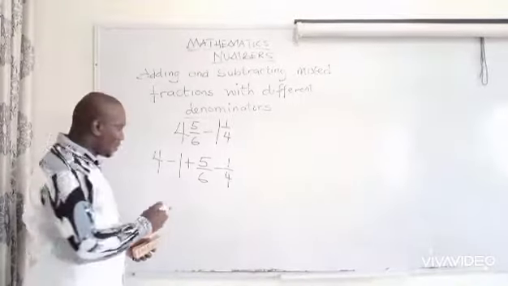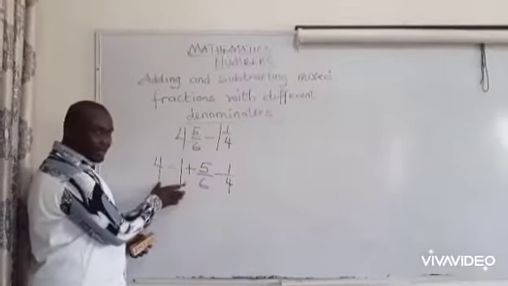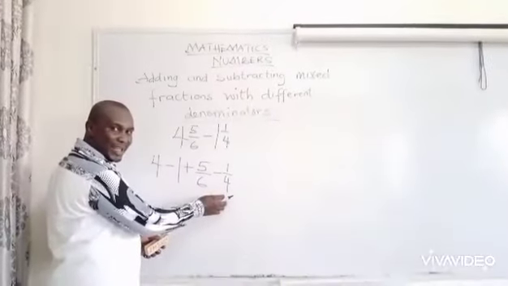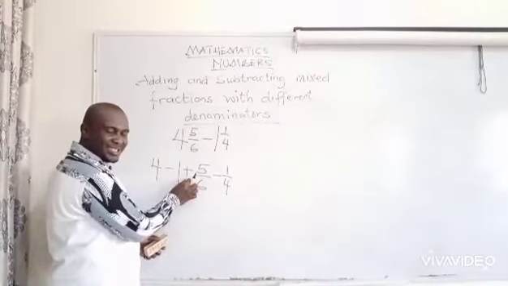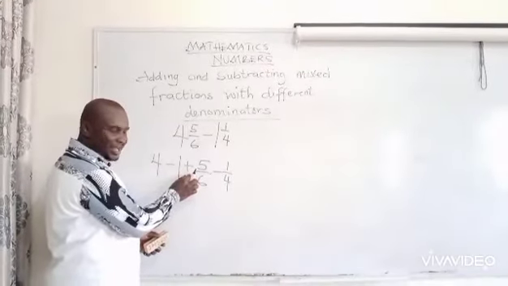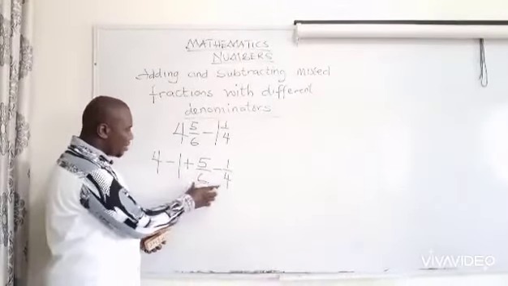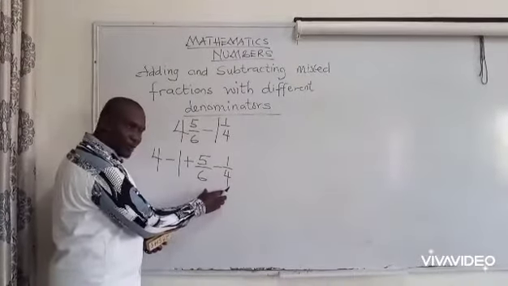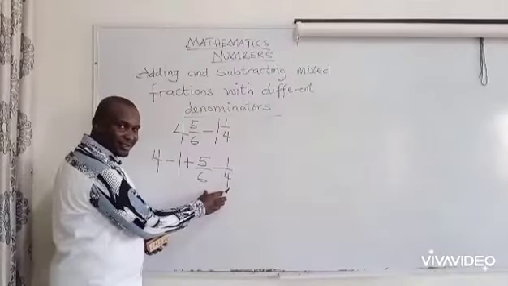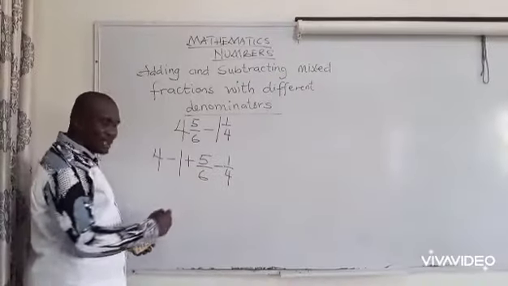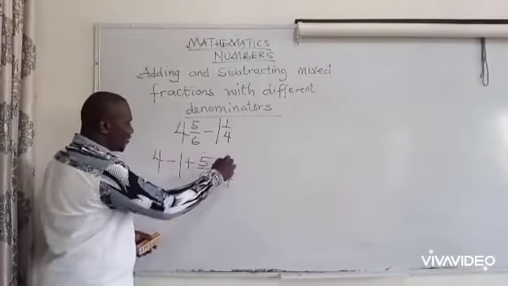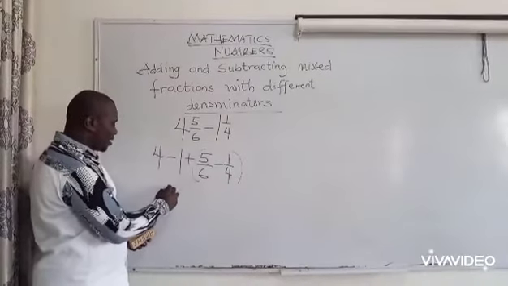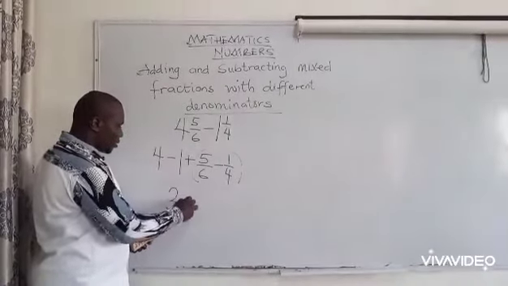Please note, we subtract the whole number, we subtract the fraction, and add the two together. That is why we have this addition sign here. Again, we subtract the whole numbers, we subtract the fractions, and add the whole number to the fractions. In order for us not to be confused, we put the fraction into a bracket. So 4 minus 1 gives us 3 plus,